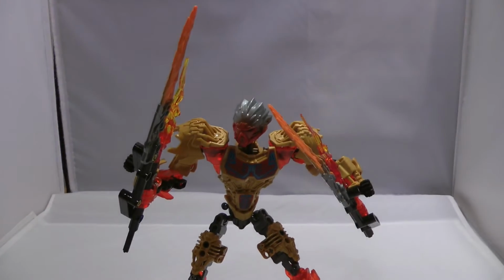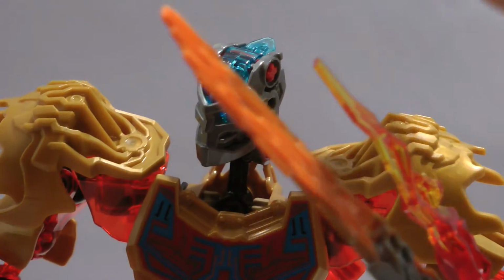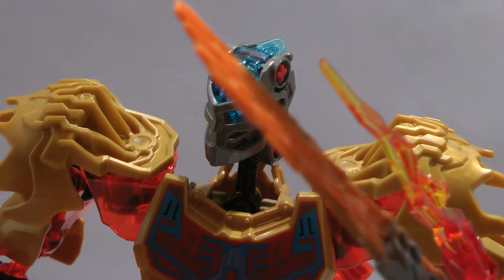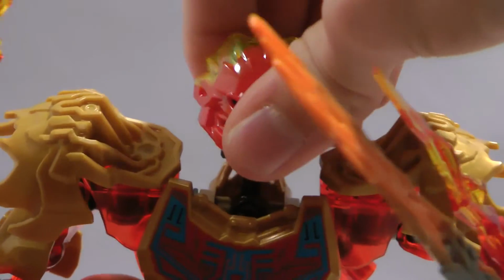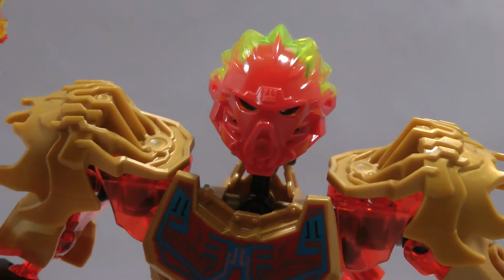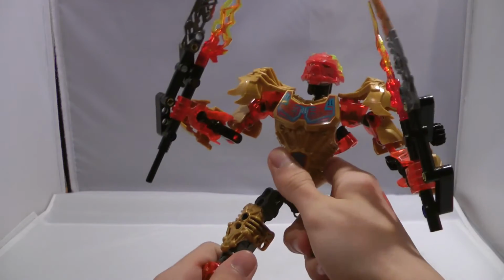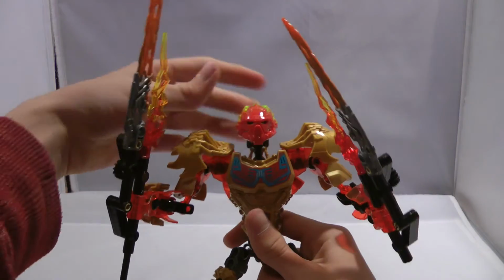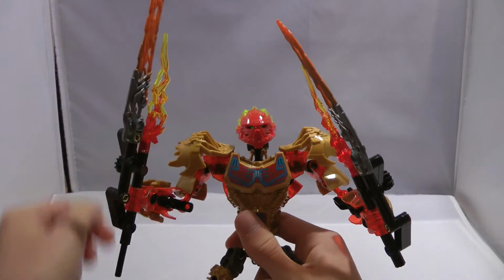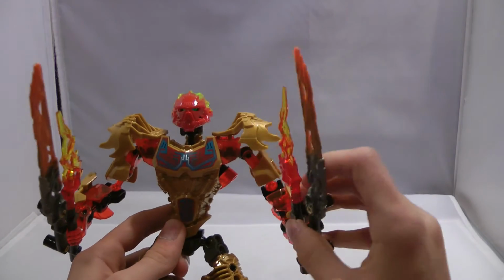Alright, so here we have Tahu, Uniter of Fire. Let's just pop that mask off and, whoops, sorry guys, put the corrupted mask on. Alright, again, this clashes with the color scheme greatly, but it's kind of supposed to because it's corrupted. I honestly always think that this head for Tahu is too small compared to the rest of his body. I guess that's one problem. The mask is way too small, the head is way too small, just proportionally to the rest of the body,